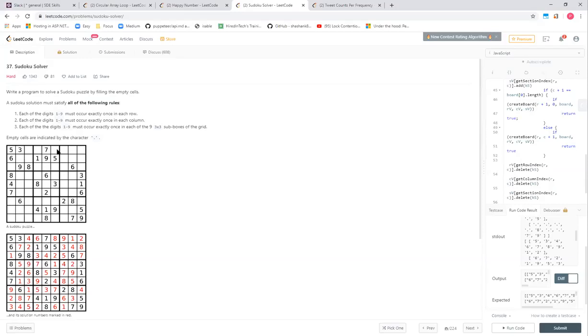So for each cell, there's an option of going to 9. Okay, so if we have a binary tree, where every element has 2 options, it becomes 2 raised to power n, if we have n elements and every digit has a branching factor of 2.